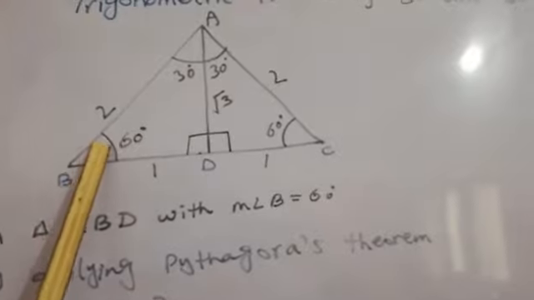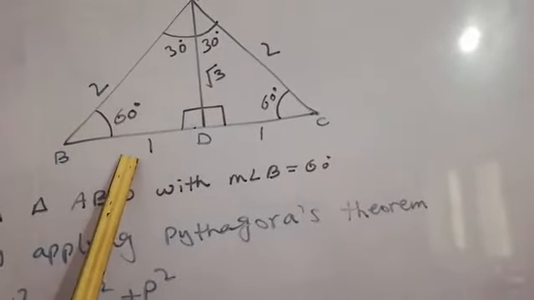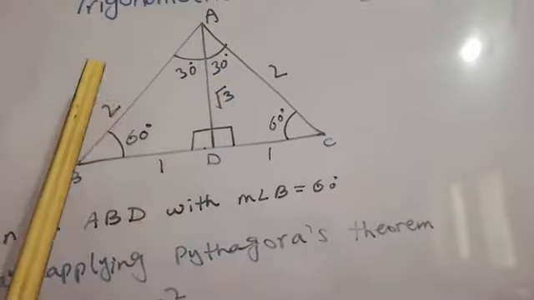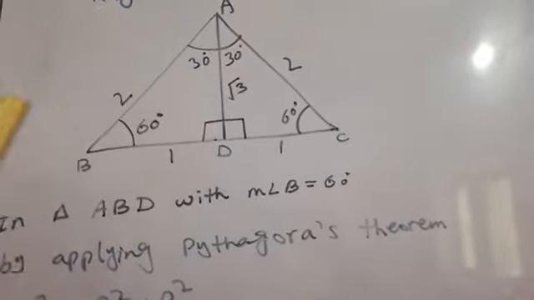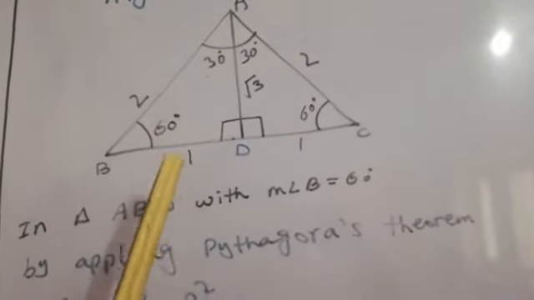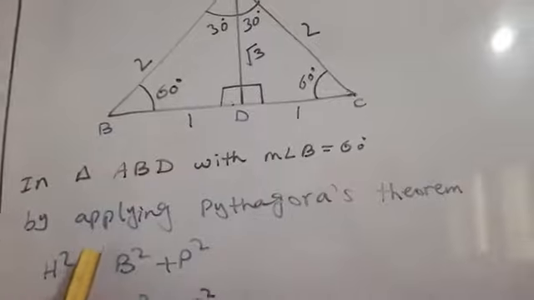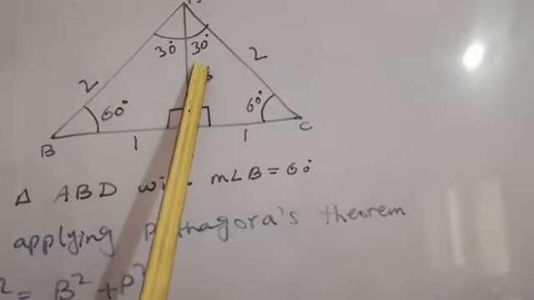If we are considering the angle 60, then remember one thing, that this is the base, this is the perpendicular, and this is the hypotenuse. Okay, the hypotenuse will be the same on both sides. Base and perpendicular will change. So by applying the Pythagoras theorem, since this is not given,